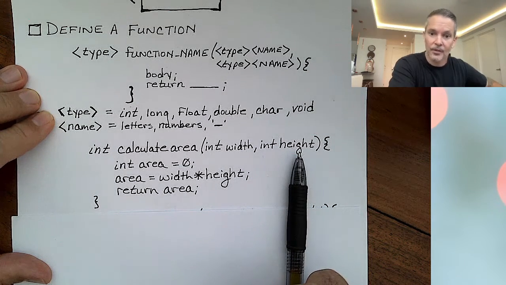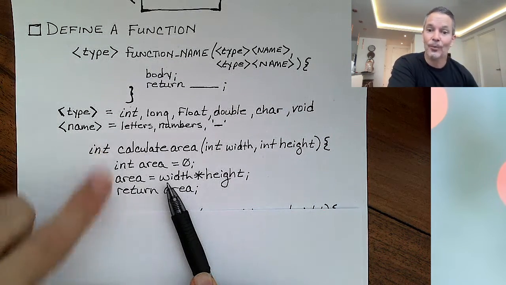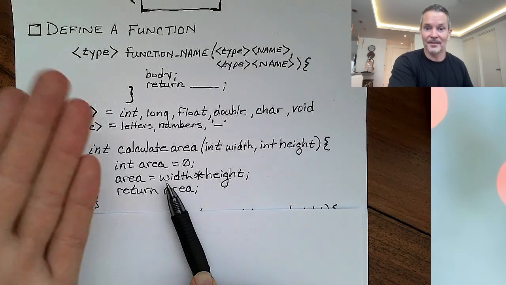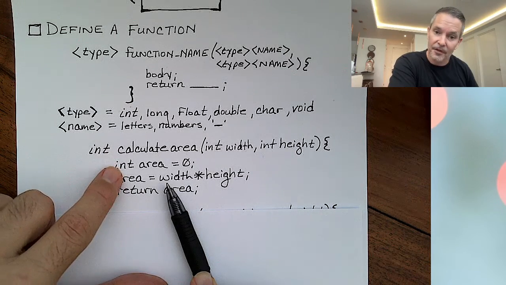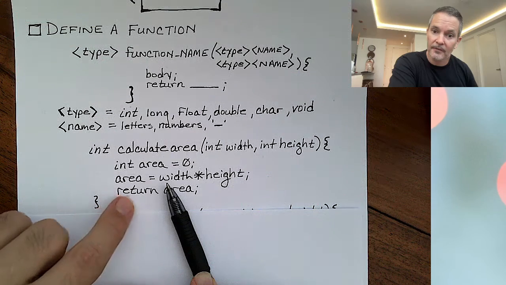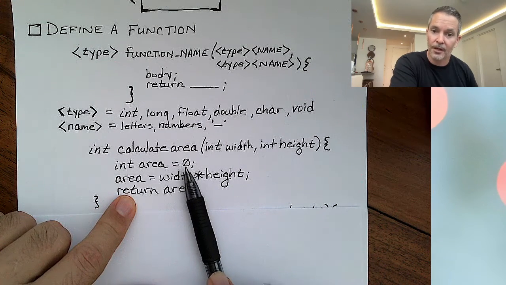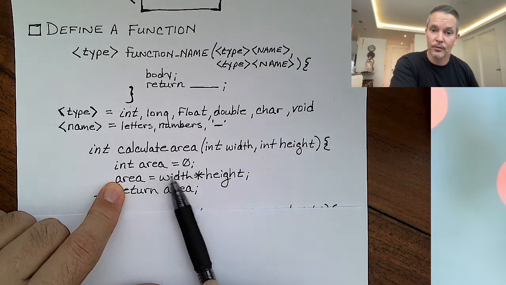And now watch what happens. I'm inside the body of the function, and this is just like I'm writing another program. Just like a main function, I can just write in this function just like I'm writing any program. I can define variables, I can do arithmetic, and eventually I can do this return. So I define a variable area, I set it to 0, then I perform some arithmetic, area equals width times